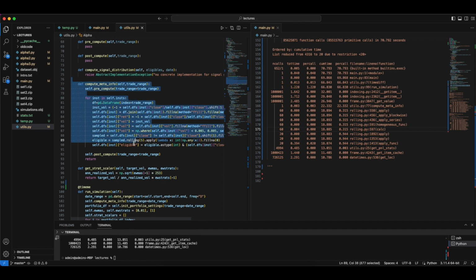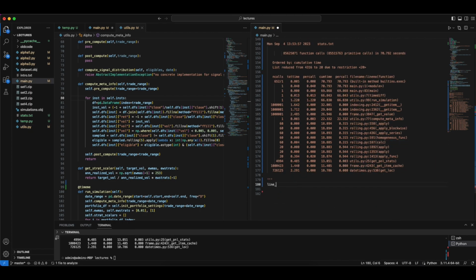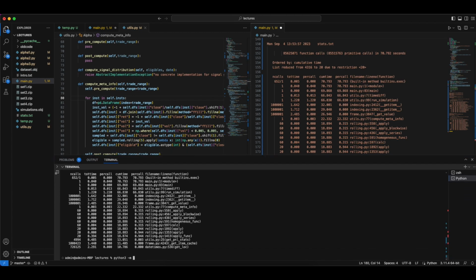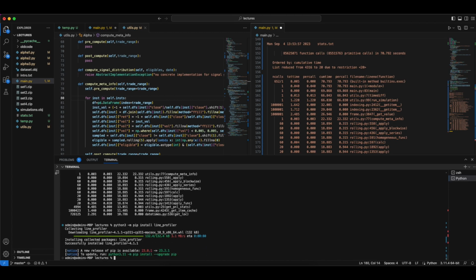So you want to be able to take a deeper look at this particular function and see where the performance bottleneck is, or which line is the problematic one. Okay, that's reasonable. In order to do that, we're going to introduce another tool called a line profiler. You basically need to go into Python and install line profiler, and this will give us more granular detail